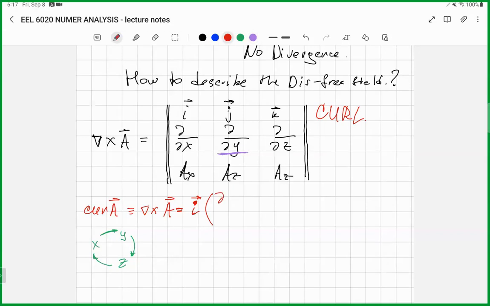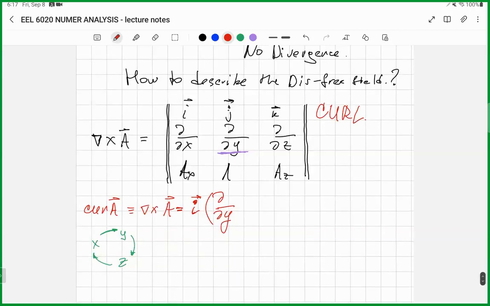So it is d over dy, times z, the z component of the field. So it's gonna be az, and then exchange of z and y, day over dz,